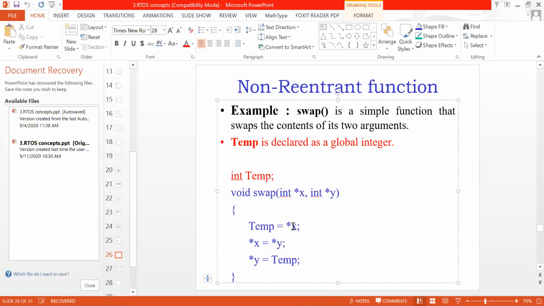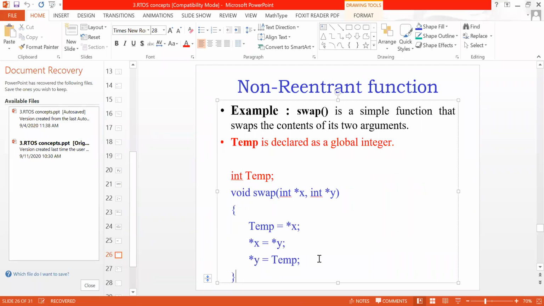So first I will copy the contents of x into the temp variable. It's very simple. Then copy the contents of y into x. And now copy the contents of x, which was saved in temp, into y. And your curly bracket. So this is over.